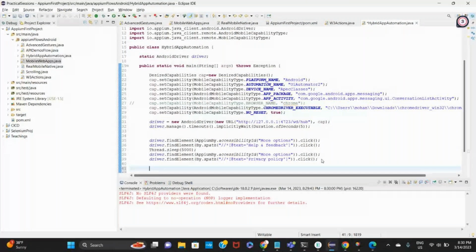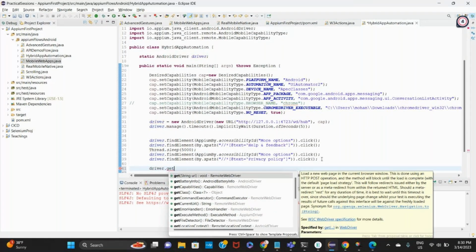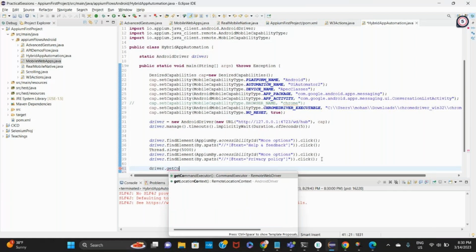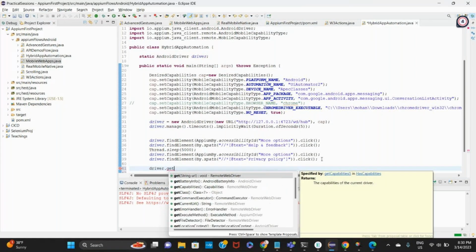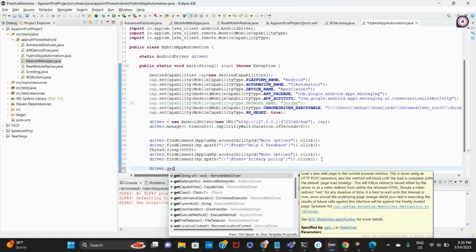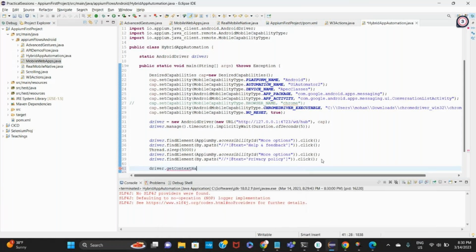Here come the actual methods, new methods that you have never seen, to switch from one thing to another. Driver dot get context handles is a method which gets us all the contexts of the particular driver instance,